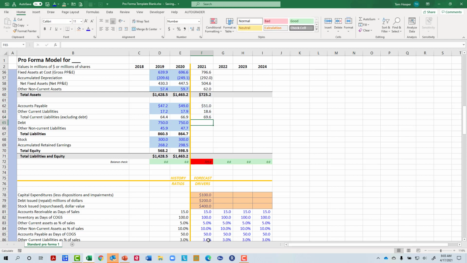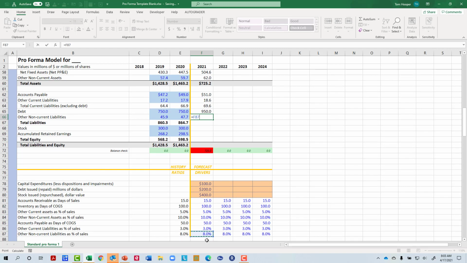Add those two, and then however much debt we had before plus however much debt we issued this year gives us our debt, and our other non-current liabilities times F15 gives us our last liability. So if I add the total current liabilities to the debt and non-current liabilities, I'm going to get my total liabilities. And now let's calculate the stock on our balance sheet using what it was before plus any additional stock